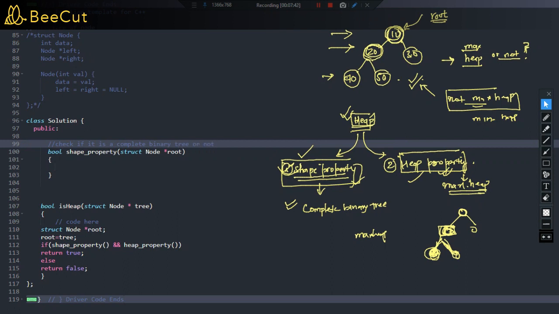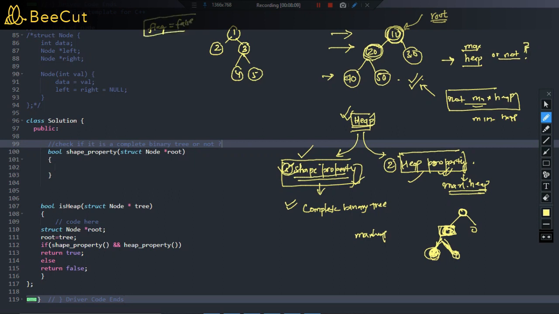Now you see, this is another problem, right? So how do we check if it is a complete binary tree or not? Let me just give you an overview. What we are going to do is perform a BFS, a level order traversal, right? Suppose this is my tree. We are going to perform a level order traversal, and at the same time we are going to maintain a variable flag which is initially initialized to false, right?